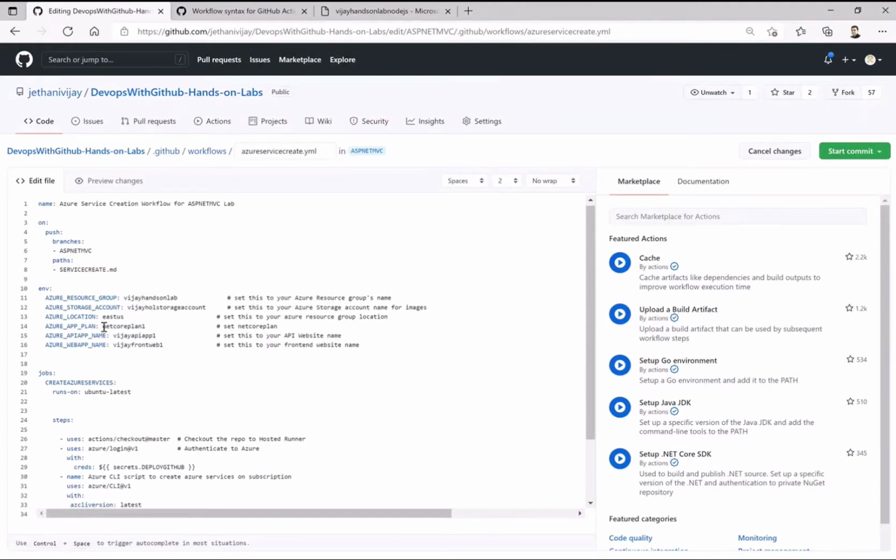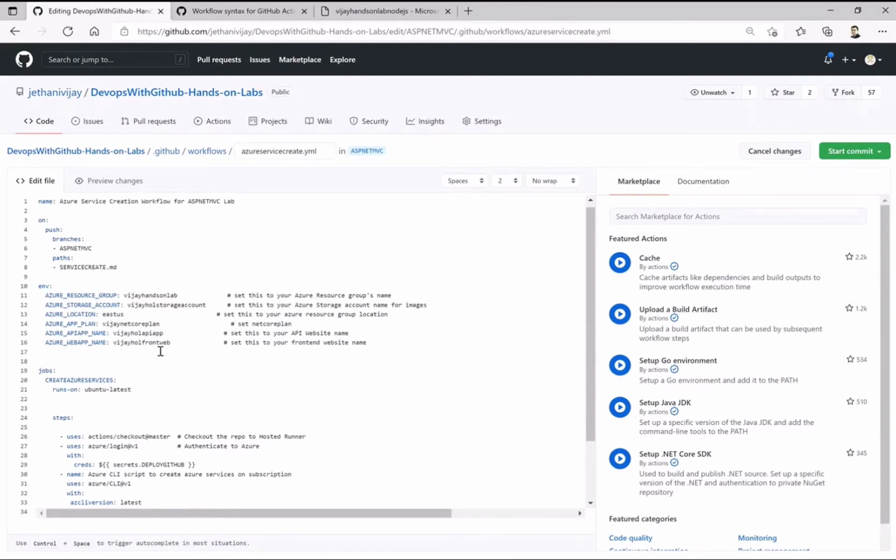Location, then .NET Core plan, Vijay HOL API app, and then HOL front end web. Okay, so these are simple changes I've done so that I'm creating unique services on Azure. So I'm done with the service creation part.